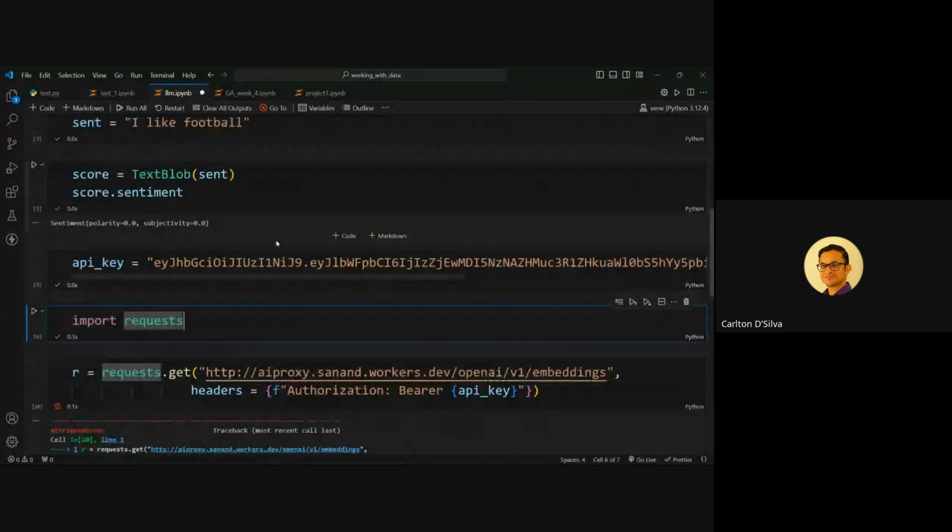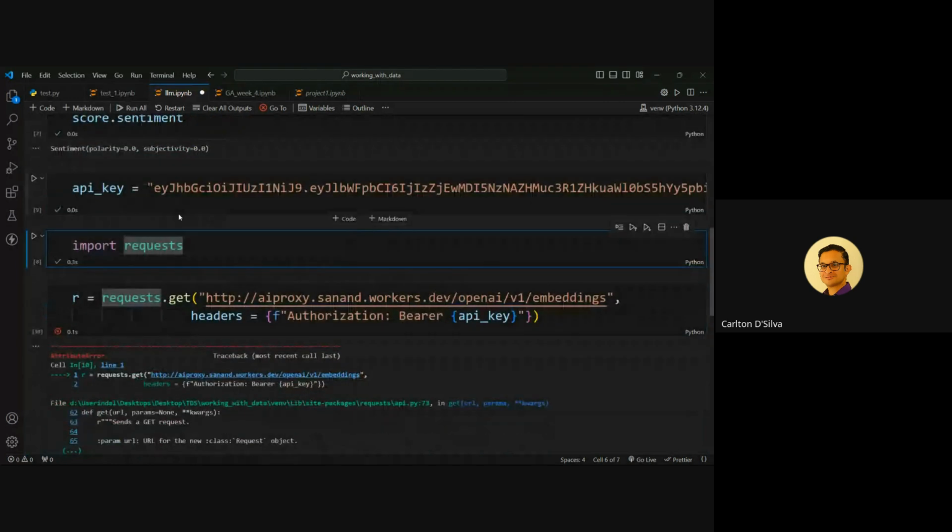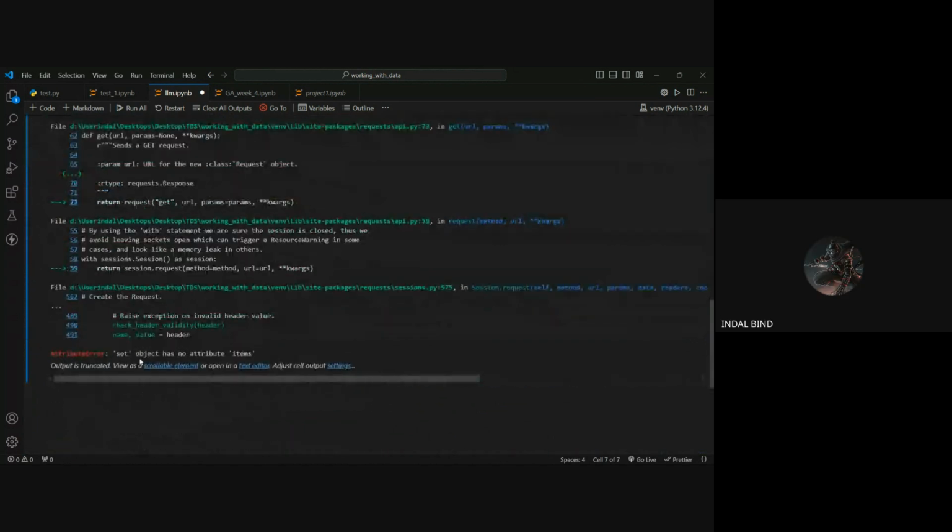Okay, so that's your API key. That's fine. And what's the error? Can you show me the error? The error says set object has no attribute items.